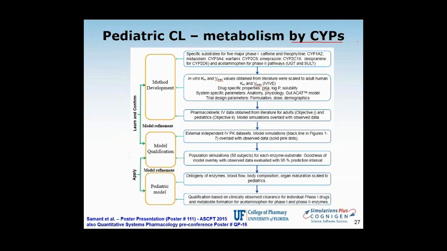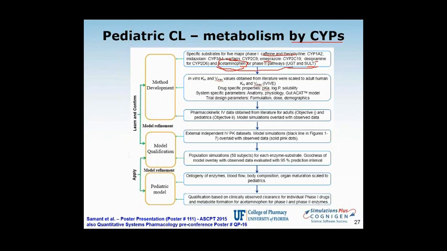And the overall goal was actually looking at the strategy of using the specific substrates of the enzymes to characterize or to validate the ontogeny of the enzyme, and then once it's validated, using it to predict the PK of a compound which might be affected by more than one of these enzymes. So they've selected a number of specific CYP substrates for different CYPs that actually play a role also in acetaminophen. And this was their final test compound, which is metabolized by a variety of enzymes, contributing several CYP enzymes, as well as UGTs and sulfotransferases.